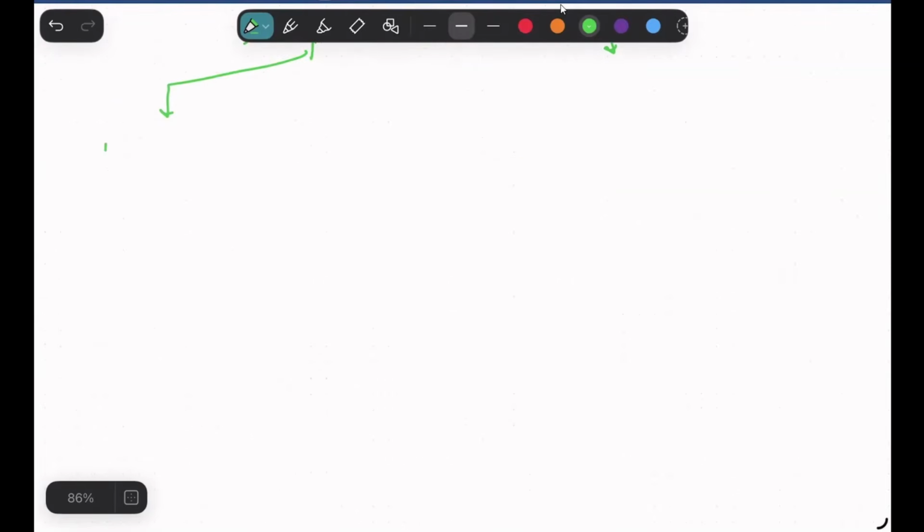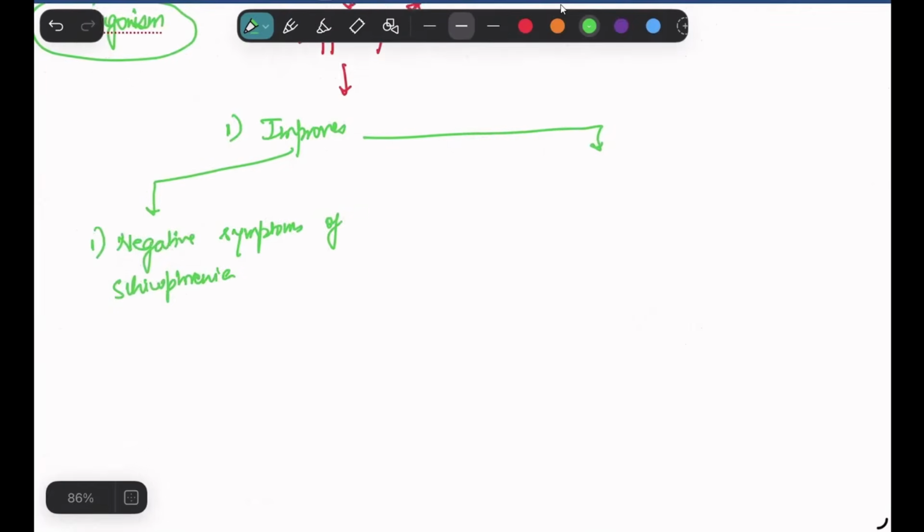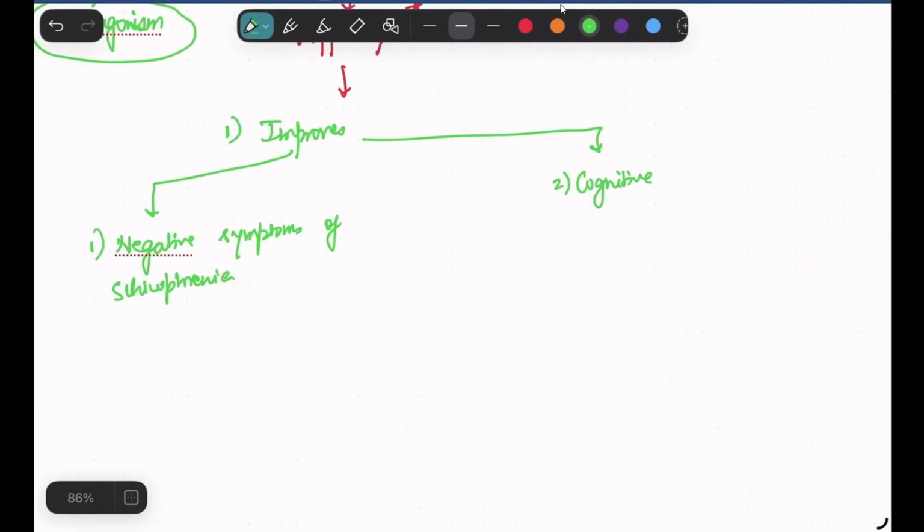First, negative symptoms of schizophrenia, and the second will be cognitive symptoms of schizophrenia. So this is one of the mechanisms why clozapine may be superior to other antipsychotics in treatment-resistant